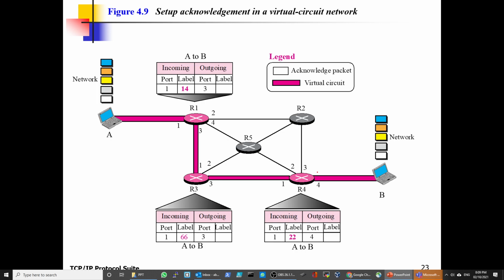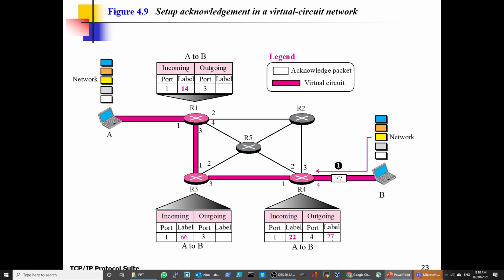So, setup acknowledgement in the virtual circuit. As you see in the previous transmission, this is the acknowledgement packet. You have to acknowledge the transmission back. So now the label is 77.